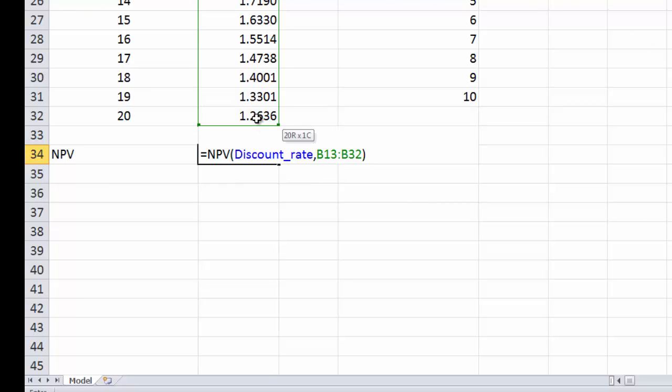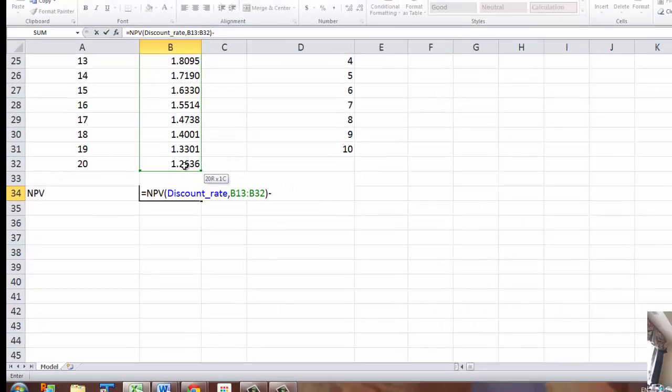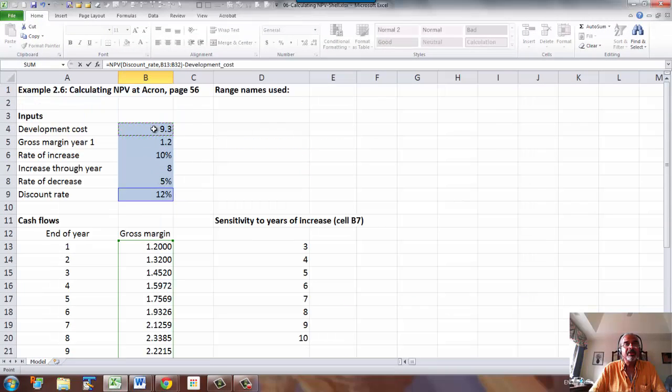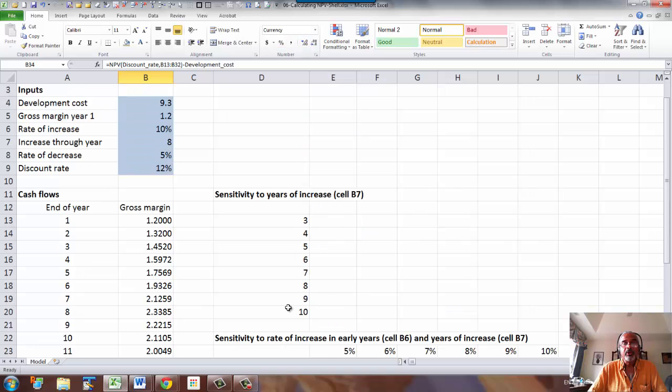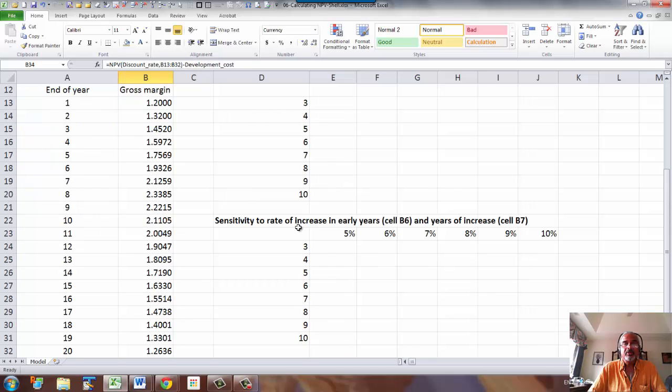That will give us the net present value of the revenues. At the beginning of year 1, there is a development cost, so minus the development cost. So that will give us the net present value of the investment. So let's increase the decimal places. Okay. So now we're going to set up sensitivity tables.